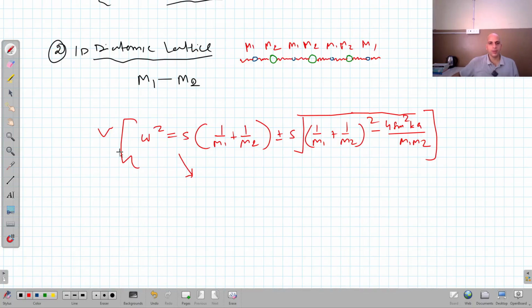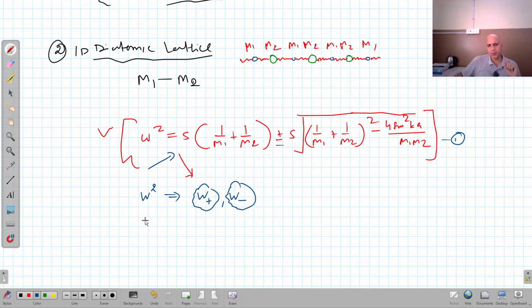We can see from this relation that we now have a positive and negative sign here. It means two values of ω² are possible. One corresponds to ω positive and one corresponds to ω negative when we simplify it. I can write two equations out of this: equation number one corresponding to the positive sign and the other corresponding to the negative sign. After solving, for the positive sign we will get ω positive, and for the negative sign we will get ω negative. So two values of the frequencies are possible for a diatomic lattice.